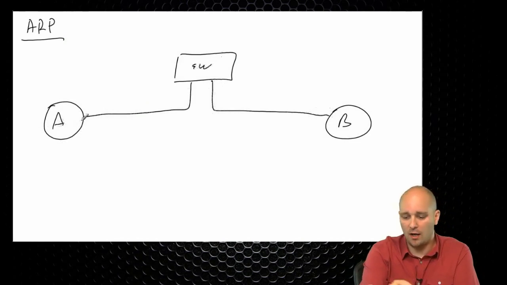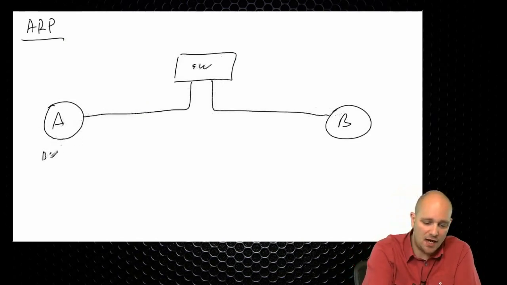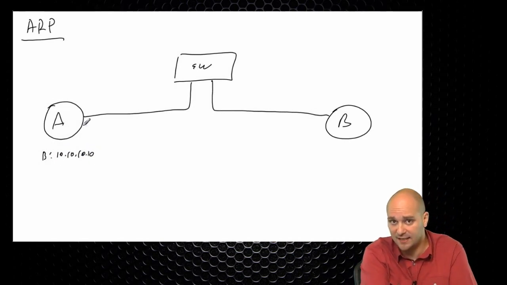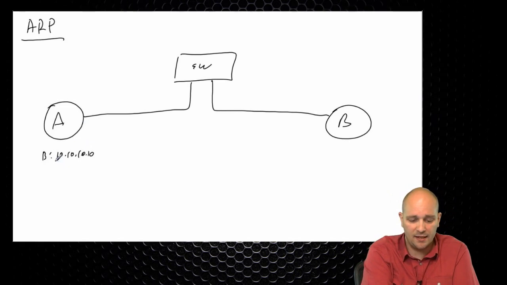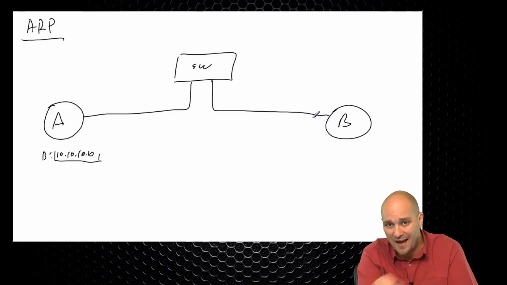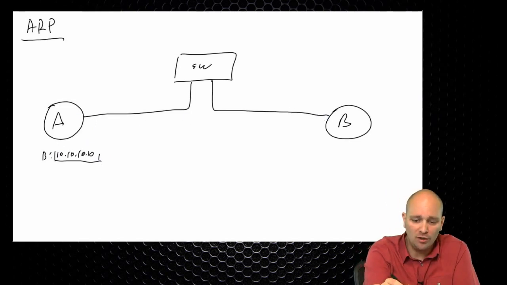Now, when A wants to communicate with B, and let's say that A has an IP address for B, let's say it's 10.10.10.10. So let's say that A has, for some reason, the IP address of B in its ARP table, and it knows the IP address of it, but it doesn't know what is the MAC address of B. So what A can do is it can send the broadcast